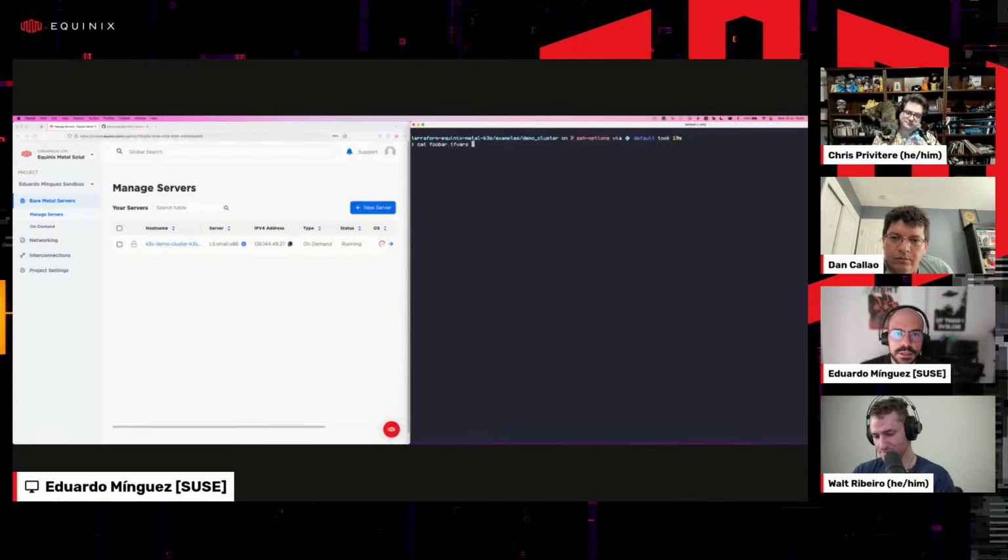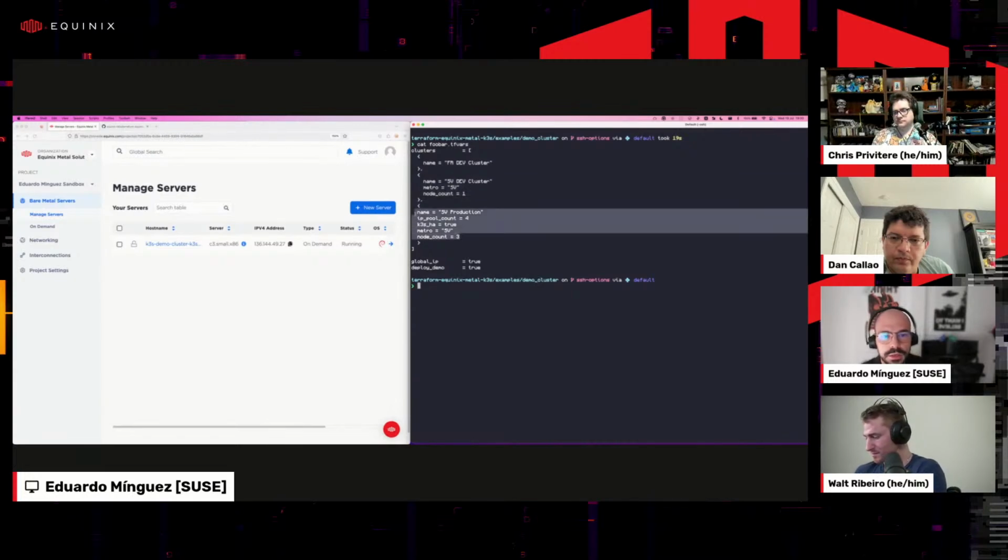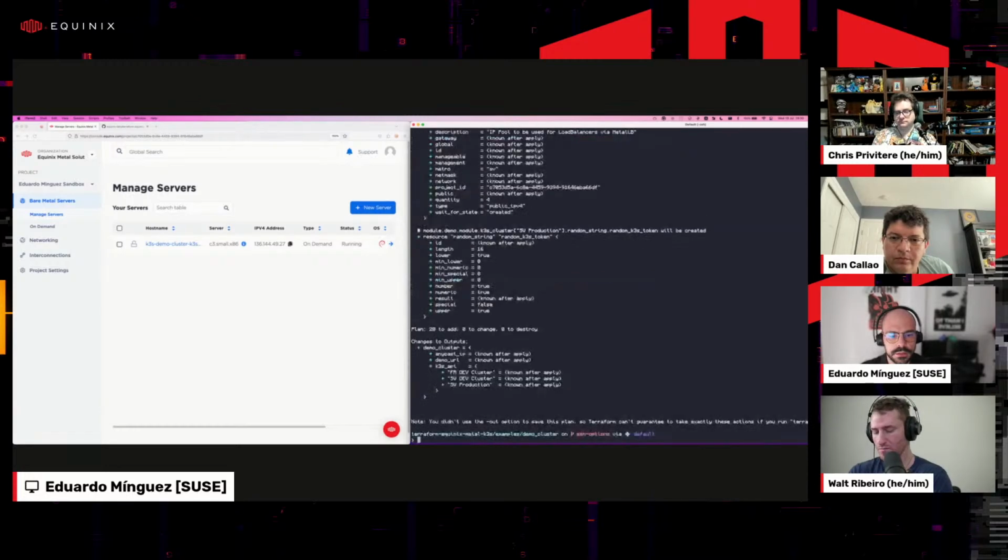Like I have these TF vars files already populated with the clusters that I would like to deploy. Essentially, this small cluster here with just a single node, this one with the single node plus 1 worker, and this full-blown cluster with 3+ nodes, the IPs and everything else. So terraform plan with the vars file,